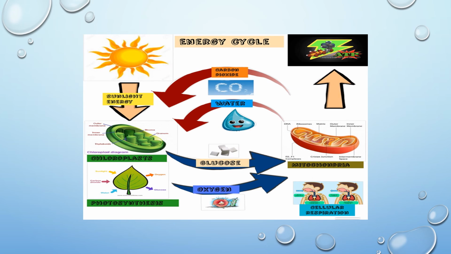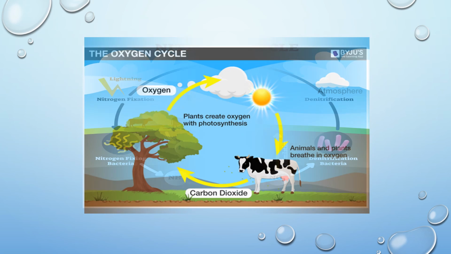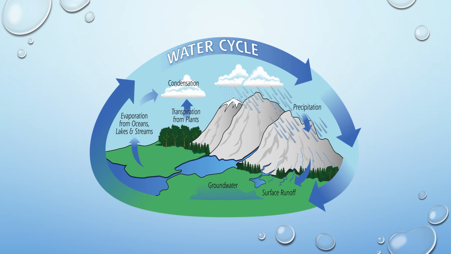energy cycle, nitrogen cycle, the oxygen cycle, and water cycle. And also, apart from these importances, the ecosystem also plays an important role in controlling weeds, rotation of crops, management of landslides, forests, biological surveys, conservation of soil, wildlife, and